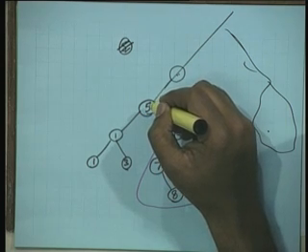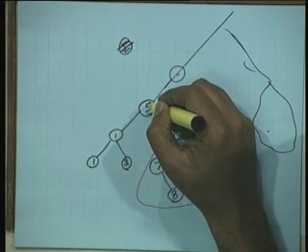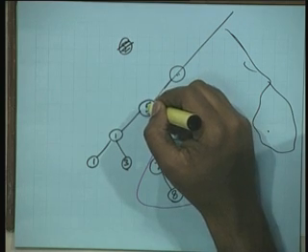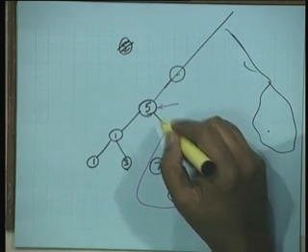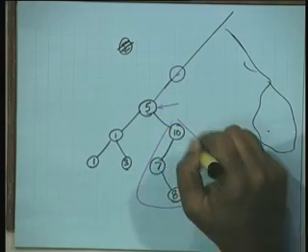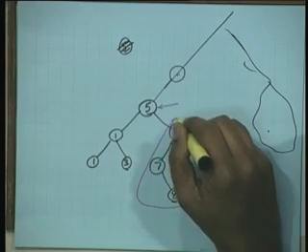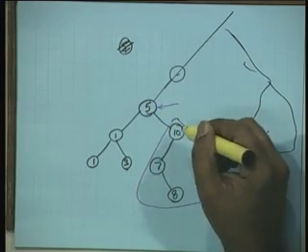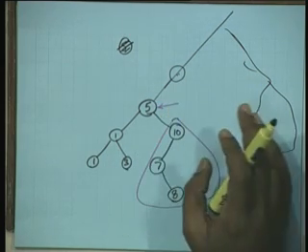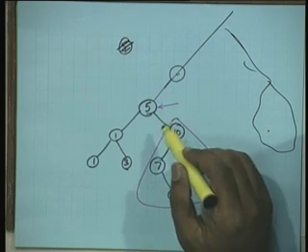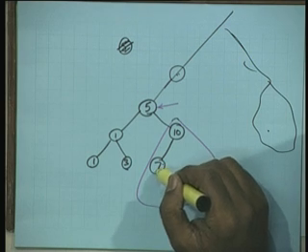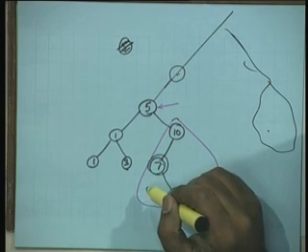Now, if the key we were searching for is slightly larger than 5, or we were searching for the successor of 5, then once again we would end up at this node and proceed right, because it's larger than 5. Which means any successor of 5 really has to lie in this part of the tree. In this part, the successor is essentially the minimum node, because all the keys here are larger than 5. So the minimum key here is the one we are looking for, and we've already seen a procedure for computing the minimum, which is to keep going left. So we'll go left, and we can't go left any further. So this becomes the successor of 5.